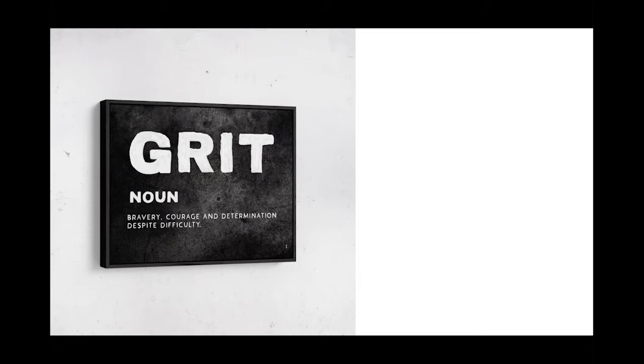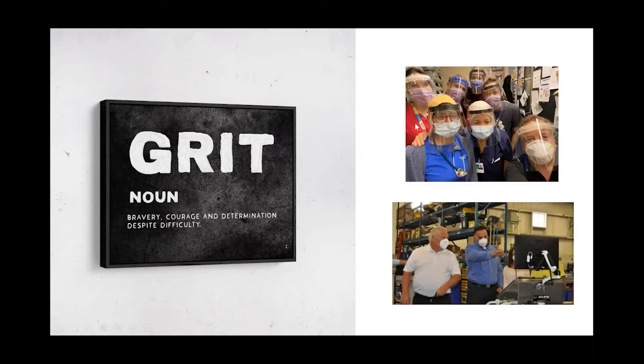Our additive manufacturing team at the beginning of COVID immediately was able to pivot and start providing the medical professionals here in Canada with personal protective equipment. The picture on the top is a group of nurses and doctors from Hospital for Sick Children here in Toronto. I know that we were able to help dozens of organizations, and we certainly thank and appreciate the grit of